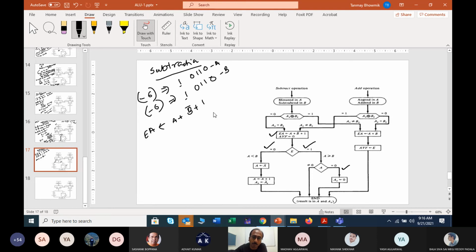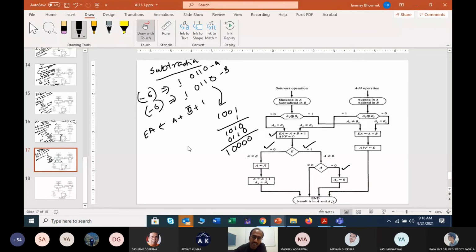Let us do the normal case, 0 1 1 0. You take the complement, it will be 1 0 0 1. You will add one to this, it will be 1 0 1 0, and with it we will add 0 1 1 0. So 0 1 1 0. So it should be 0. This is 0. This is 0 again. This is 0 again, and this is 1, right? So now it is perfect.